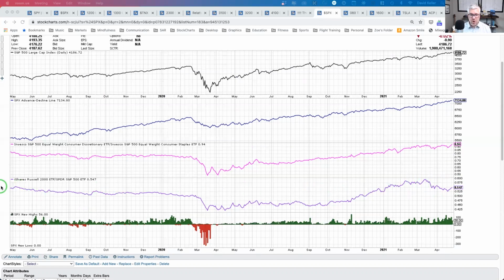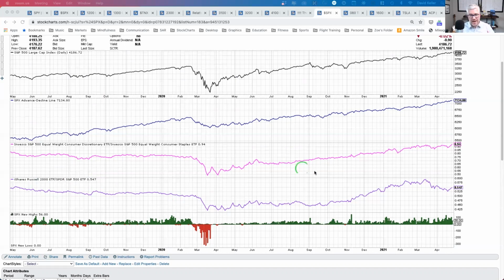And you certainly see, if you go back to like 2019, you can see the market was going higher, but the Russell 2000 was underperforming. This was during the FANG trade. That's what everyone was talking about, because those mega cap stocks were really outperforming. So small caps were underperforming, even though the market overall was doing well.